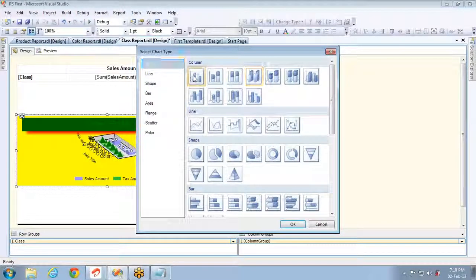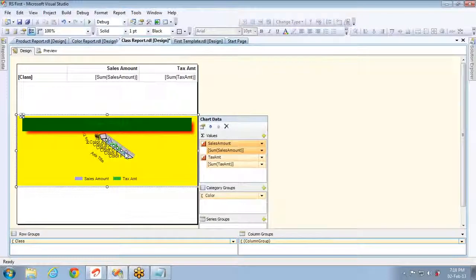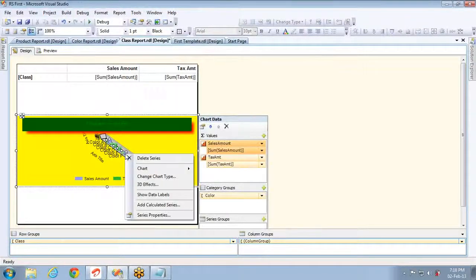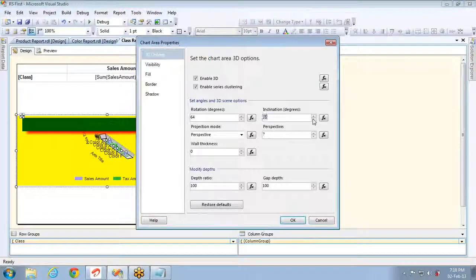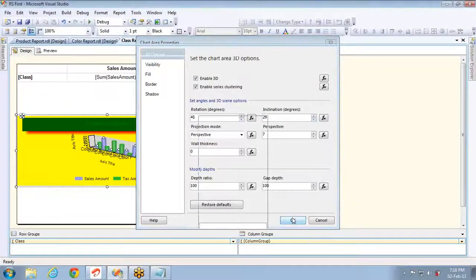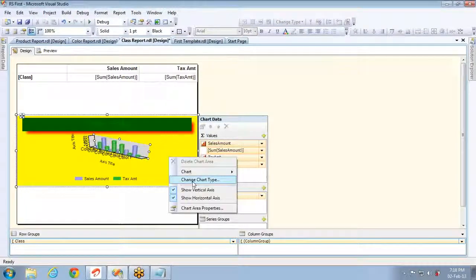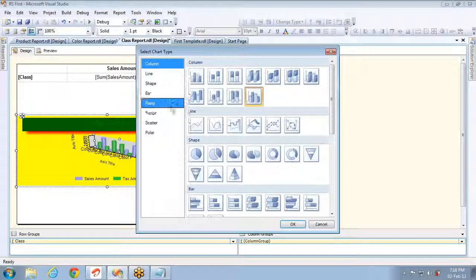Now it is this column chart, right? If I select this 3D option, it will be changed. You can see it is already changed, the inclination stuff and everything. If I change the 3D effect, you can see it clearly. Let me decrease it. You can see, right, it is showing cylinders. These are cylindrical columns, what I've selected in the change chart type option. So it's as easy as this. Changing the chart type is very easy.